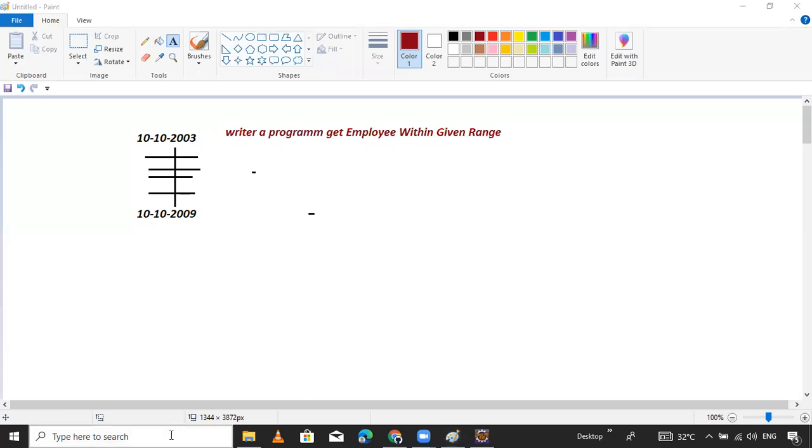Let's check whether our database is running or not. Just check it once. I will insert some more data into the database.